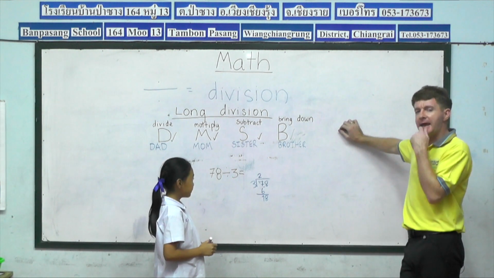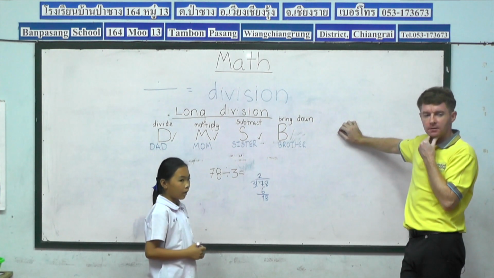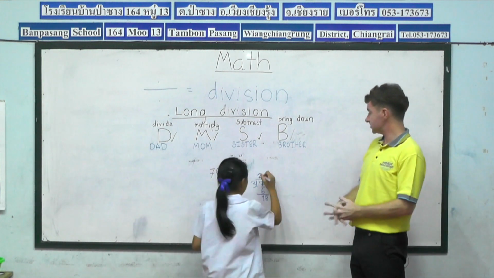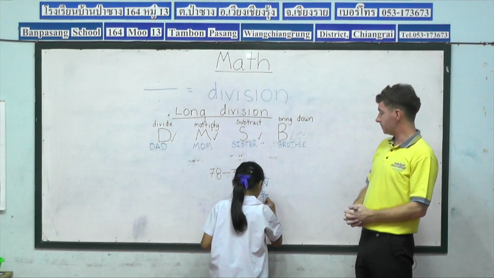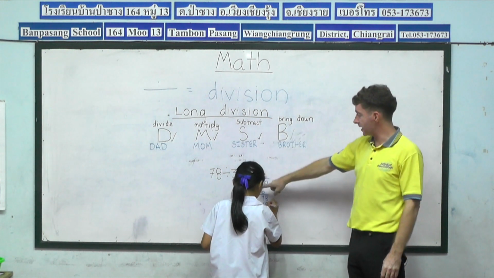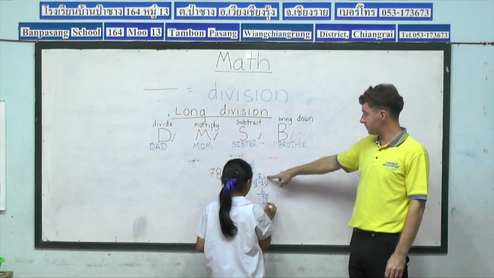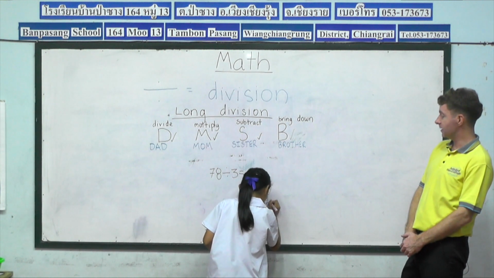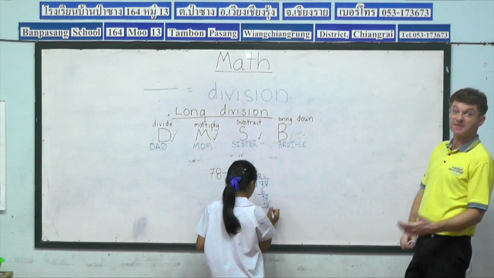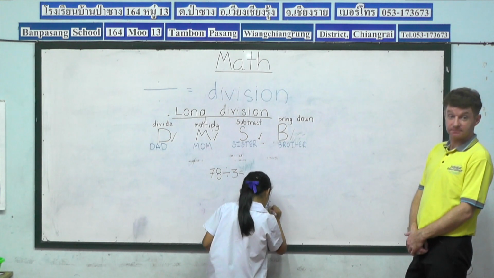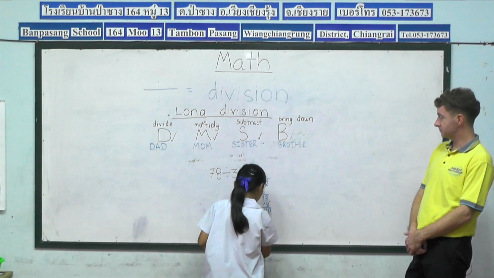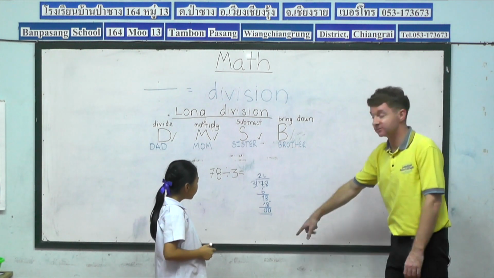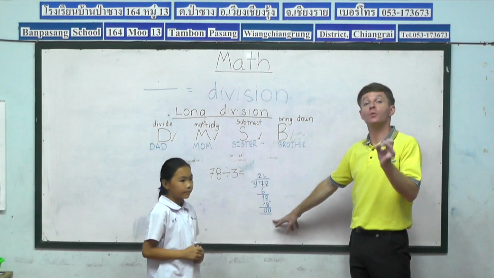So now, 18 divided by 3 equals 6. Okay, so let's write 6. And then we multiply again. 3 multiplied by 6 equals 18. So Nadia, you can write it in. Excellent. And then subtract, 18 minus 18 equals 0. Now we're ready to bring down again, but there's no more numbers. And we're at zero, so we have our answer,